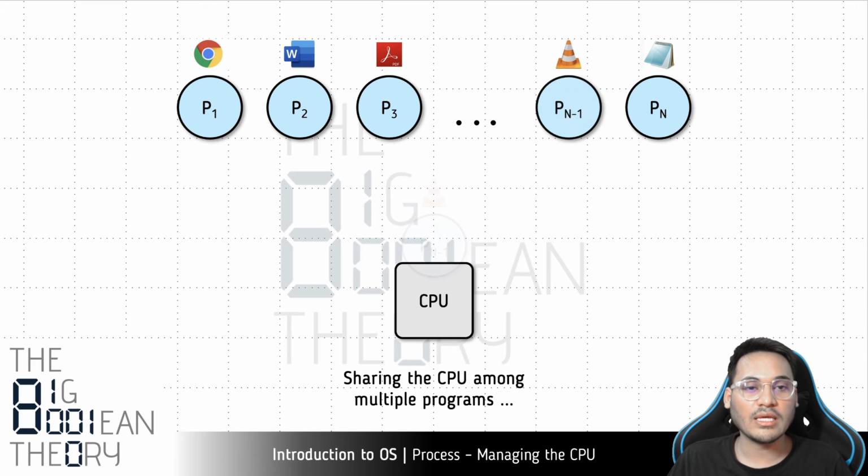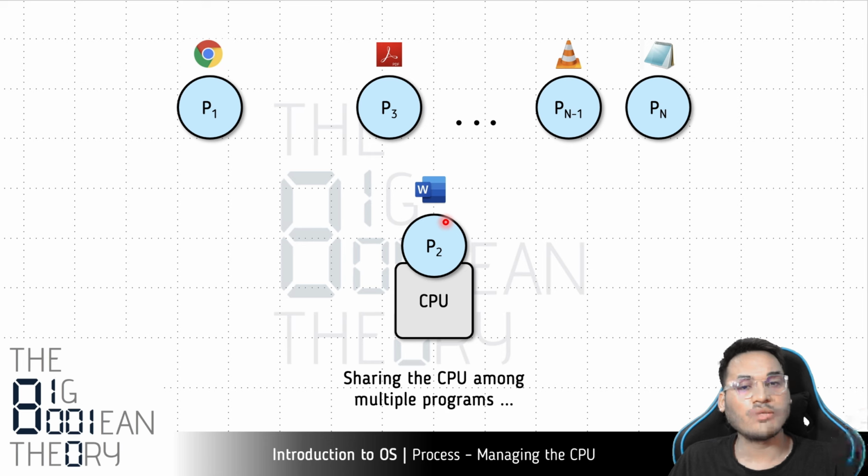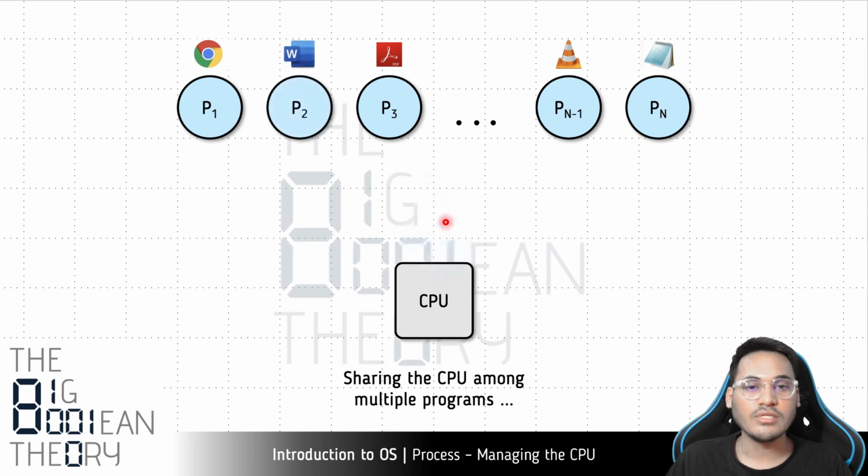The control will be taken away and then assigned to some other program. So let's say this time program P2, that is the word processor, is allowed to run, right? So in this way, by assigning the CPU to any program for a brief amount of time and letting it execute instructions, this is how we are able to share the CPU by frequently switching the control of the CPU